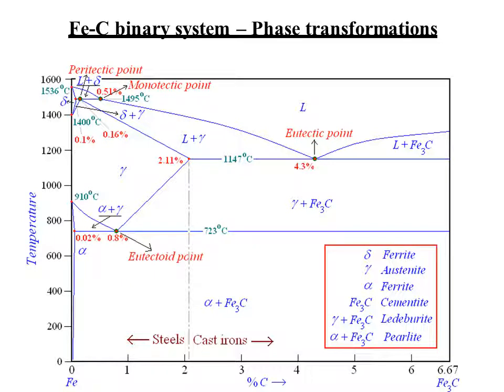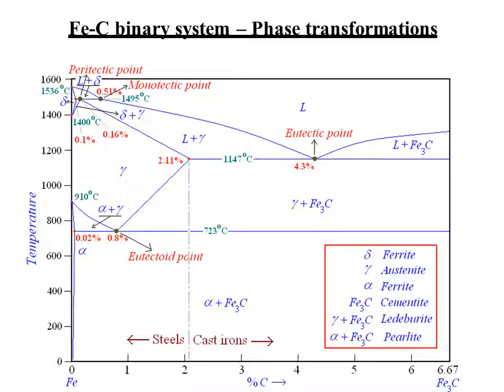Now let us see about the iron carbon phase diagram. Iron carbon is an alloy which forms varieties of iron. Okay. So there are many allotropes of iron. They are formed by mixing carbon with iron in certain percentages. So carbon can be mixed in iron at 0.2 percent, 0.8 percent, and so on.